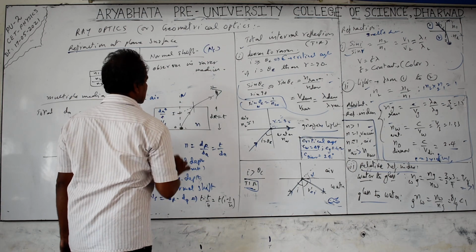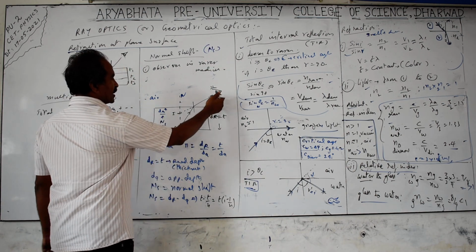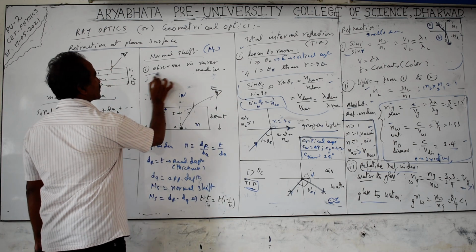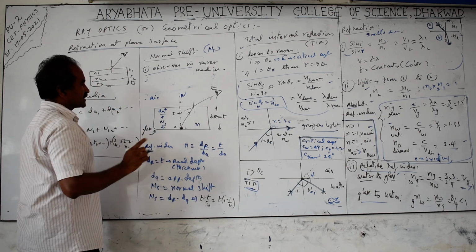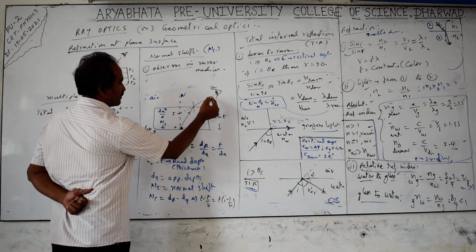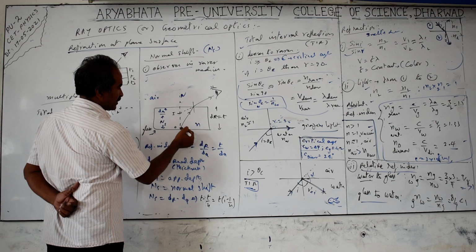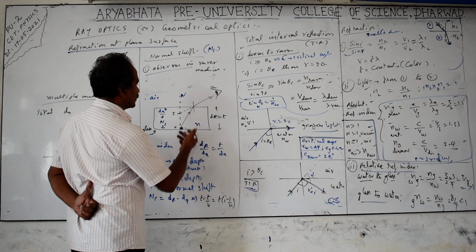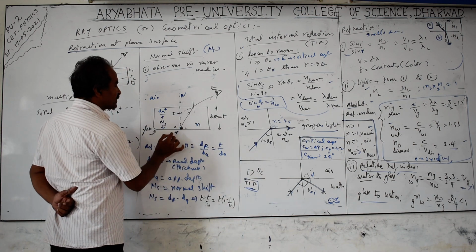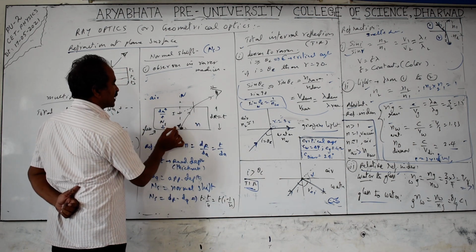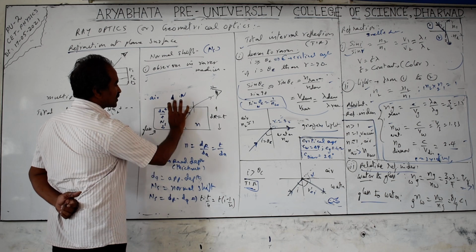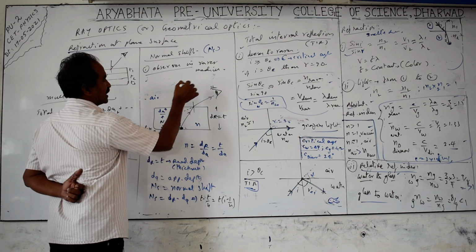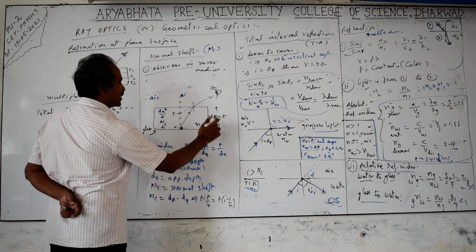When you are looking into the glass slab or water, the light is coming from the object inside the denser medium. There are two cases in this. One is observed in the rarer medium, another one is observed in the denser medium. If the observer is in the rarer medium and observing the object inside the denser medium, like a glass slab, or some fish in the water that you are seeing from outside, you can notice this in fish aquariums also. What happens is that the object appears shifted upward, in the direction normal to the surface, so it is called the normal shift, taken with the symbol N subscript S.